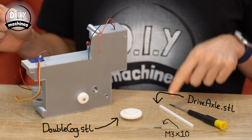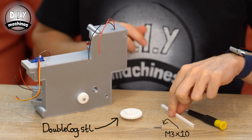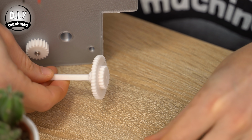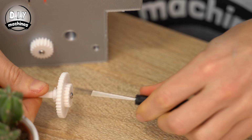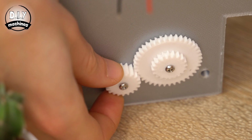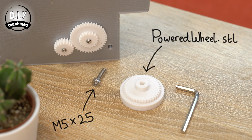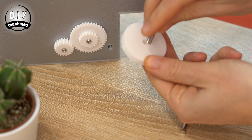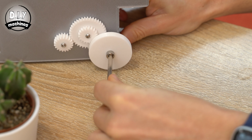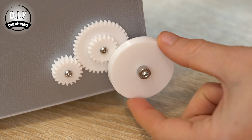The next 2 3D printed parts that you'll need are the drive axle and double cog. The double cog is held on the end of the square axle with an M3x10 screw. This can then be threaded through the opening in the side of our print so that it sits against our first cog. To complete this set of cogs, add a powered wheel with an M5 by 25 bolt. You'll need to tighten this all the way up, then back it up slightly so that it's loose and can